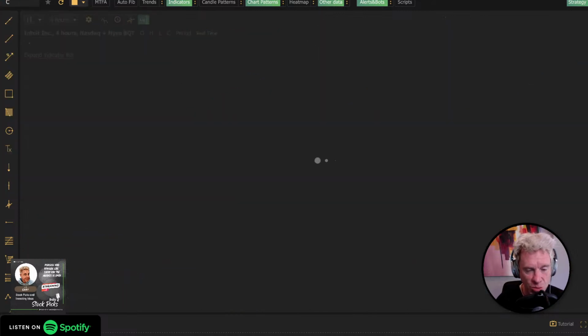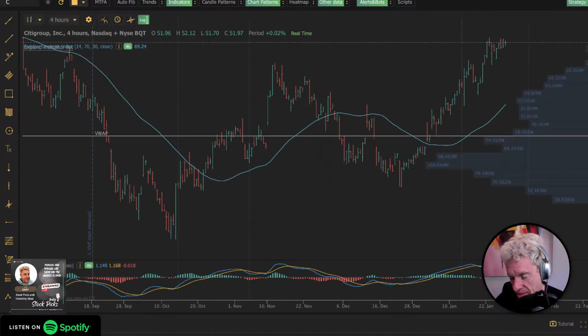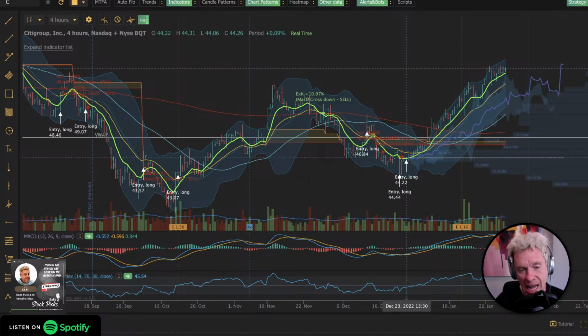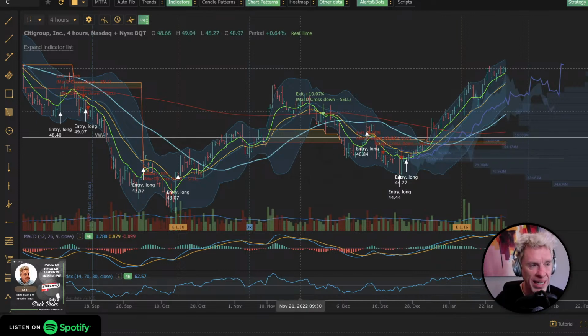And one last one is our South Park favorite, Shitty Group. This was a secondary cross-up. You had an initial cross-up here at $44 on December 23rd. You're at $51 right now. Pretty good move. Still has confirmation. The MACD is super high. The RSI is at 69. But those were Monday scans.